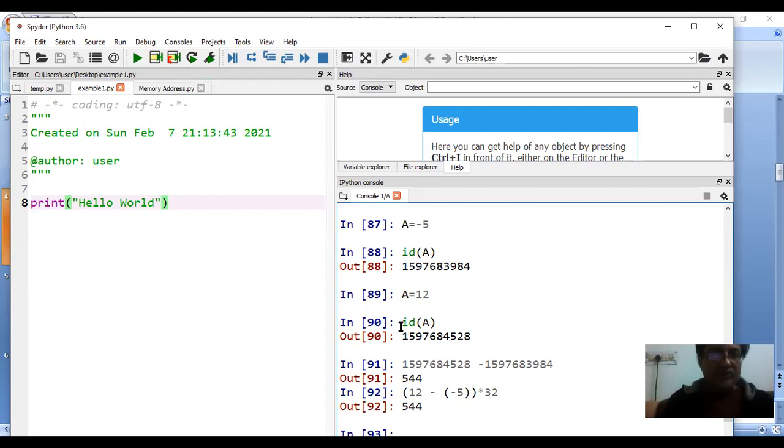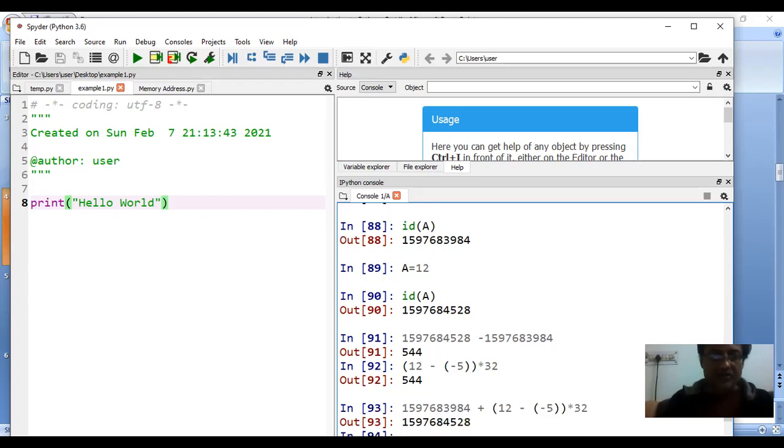If A is equal to minus 5, this is the address. Now how much value are you changing? Your initial value is minus 5, and you are changing from minus 5 to 12. So this is the value you are shifting, and then it should be multiplied by 32. Then you are getting the same value,